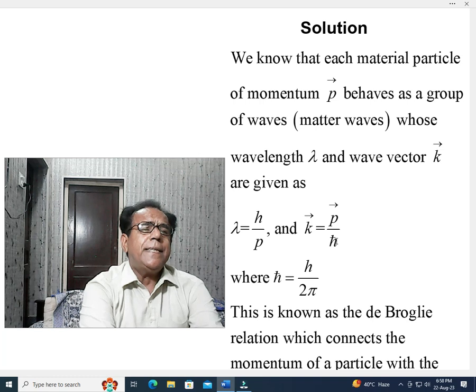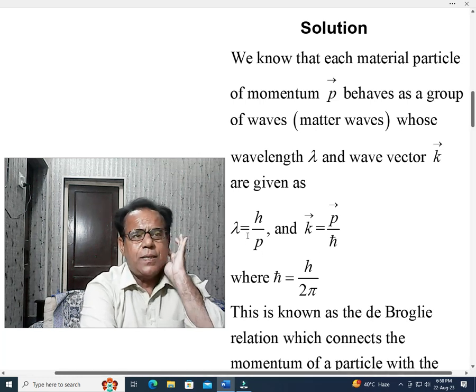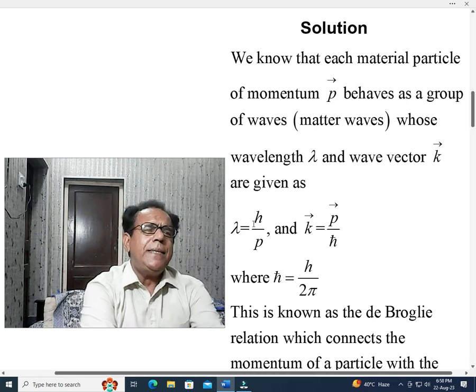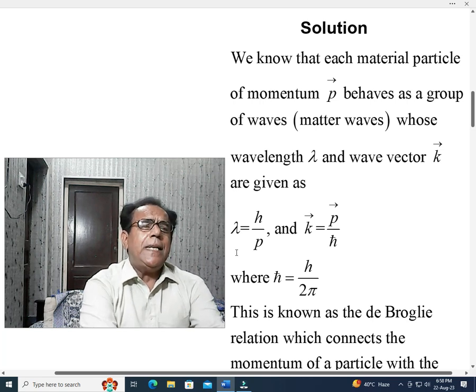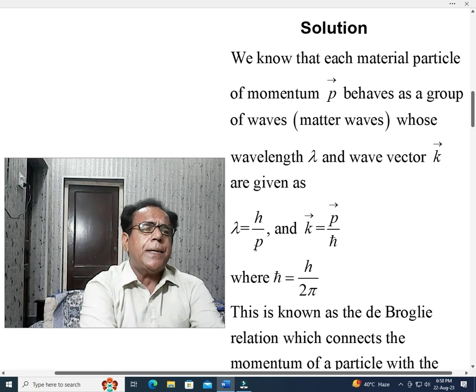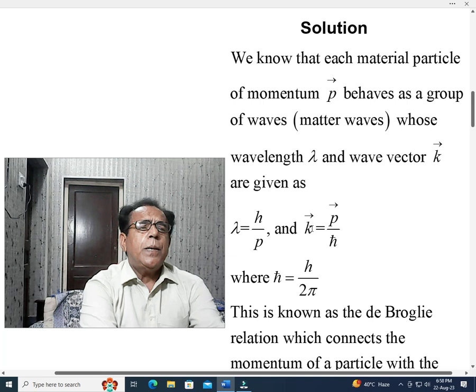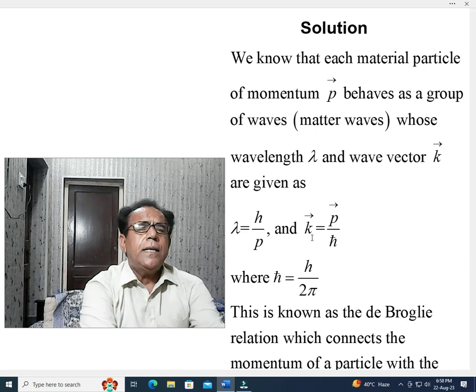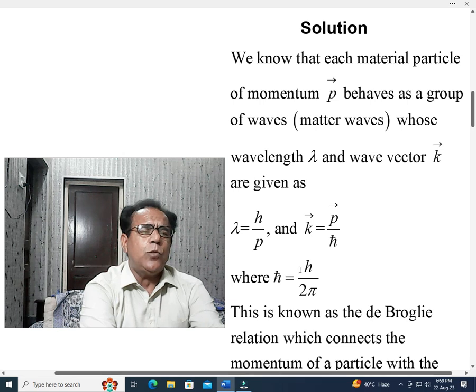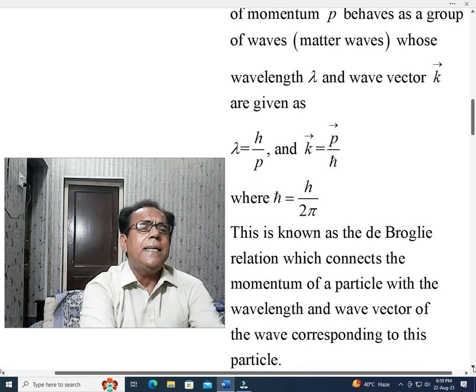lambda equal to h over p, and k is equal to p over h cut. The wavelength lambda is equal to Planck's constant h divided by momentum p, and the wave vector k is equal to the momentum vector p divided by h cut or h reduced, where h cut is Planck's constant divided by 2 pi. This is called h cut or h reduced,